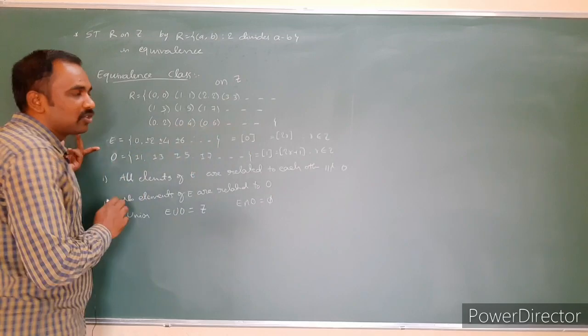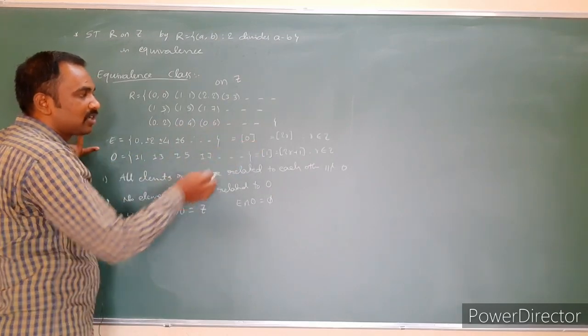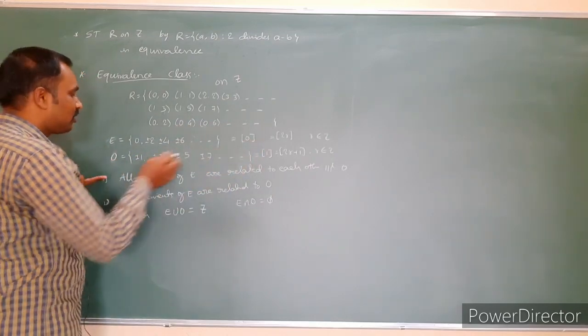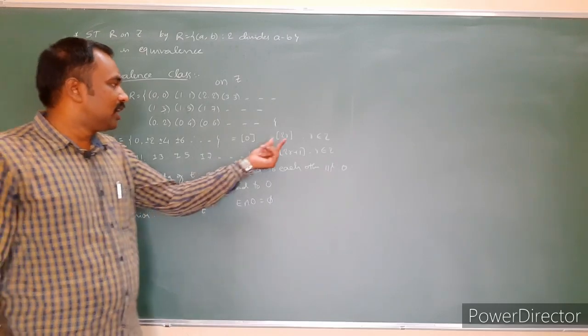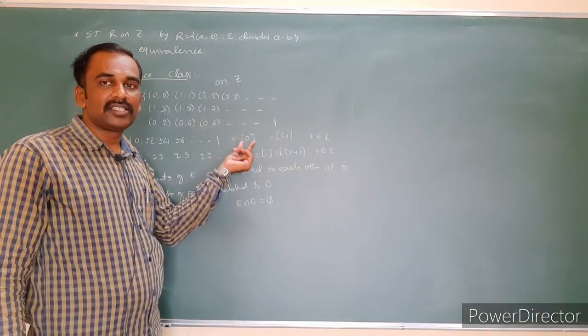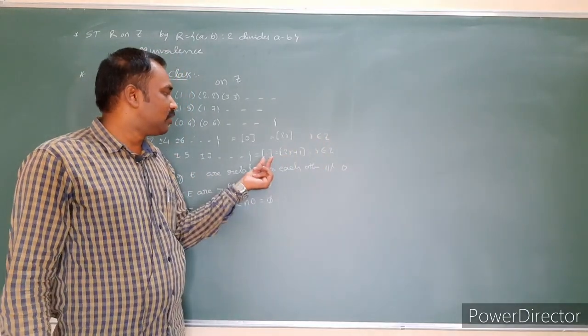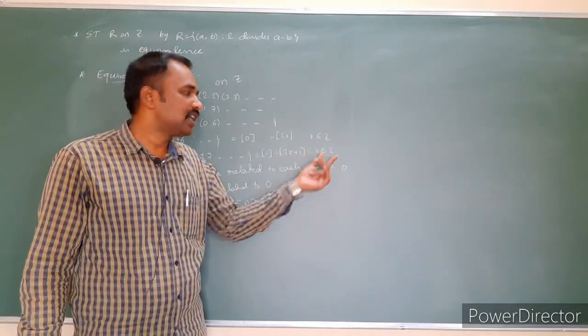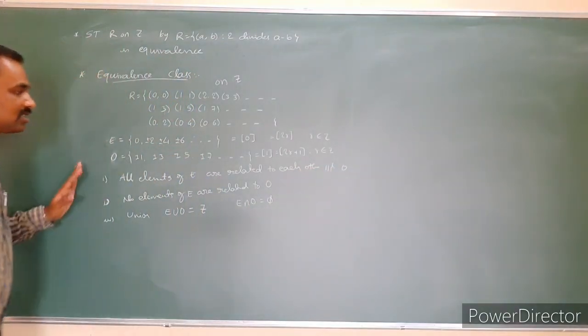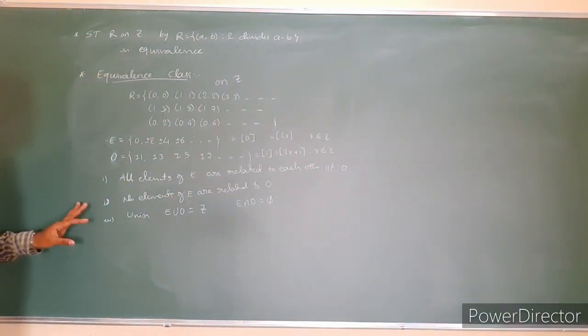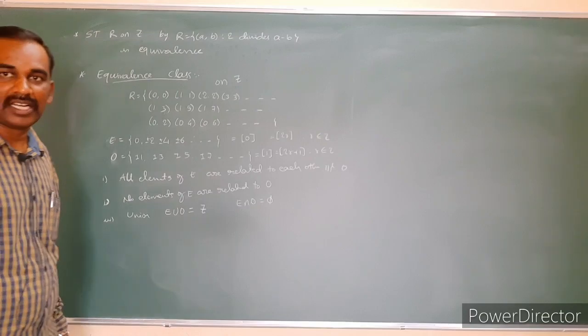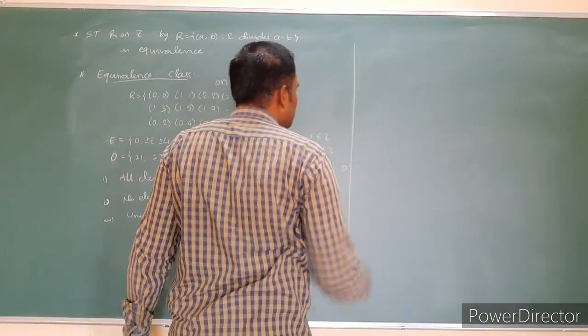The equivalence class containing the element 0 is denoted by 2R, provided that R is any integer. The equivalence class containing the number 1 can be written as 2R plus 1, where R is any integer. This is how we get the equivalence classes. This is a particular example. Now, what is the general case?